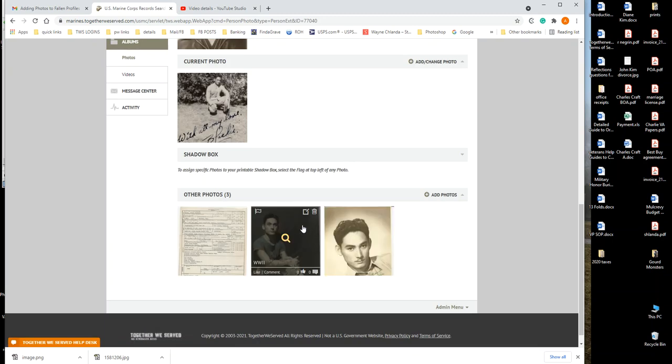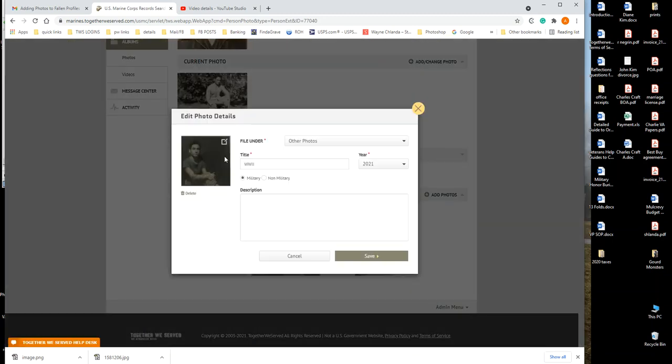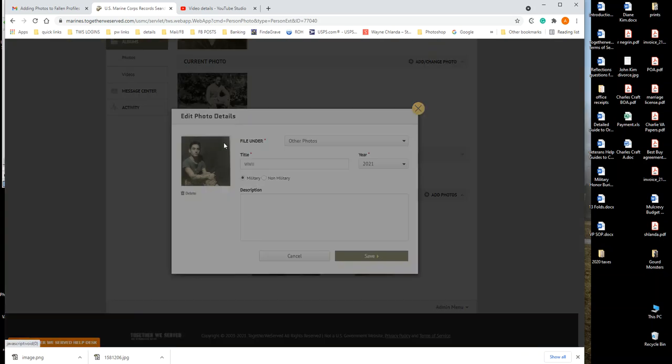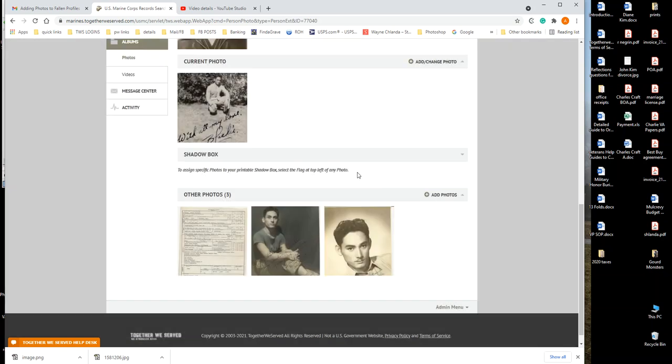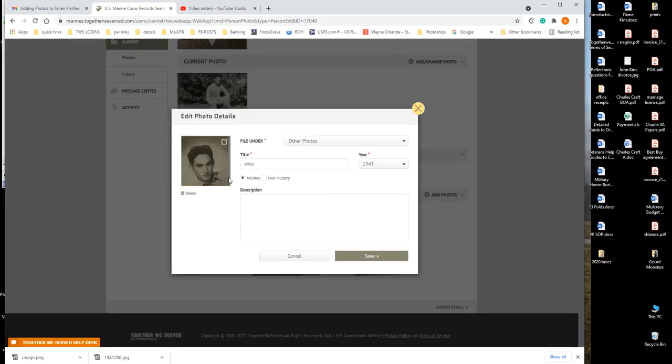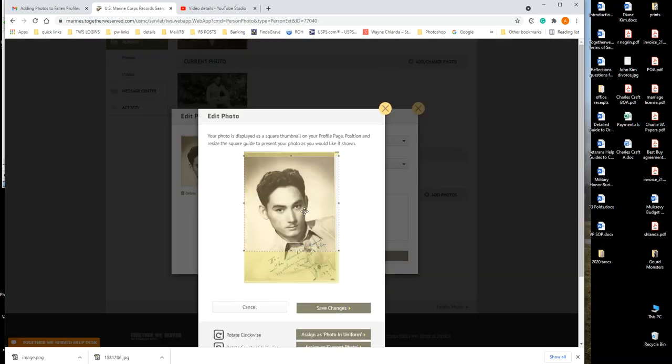Now, let's say I want to edit this picture because I'd like to have a better crop on it so I can see a little bit of the note home, and I'm going to save those changes and then save. I want to edit this one so I can see a little bit more of the note home. So I am going to edit and bring it down to right about here, kind of come in a little bit closer, and I'm going to save those changes